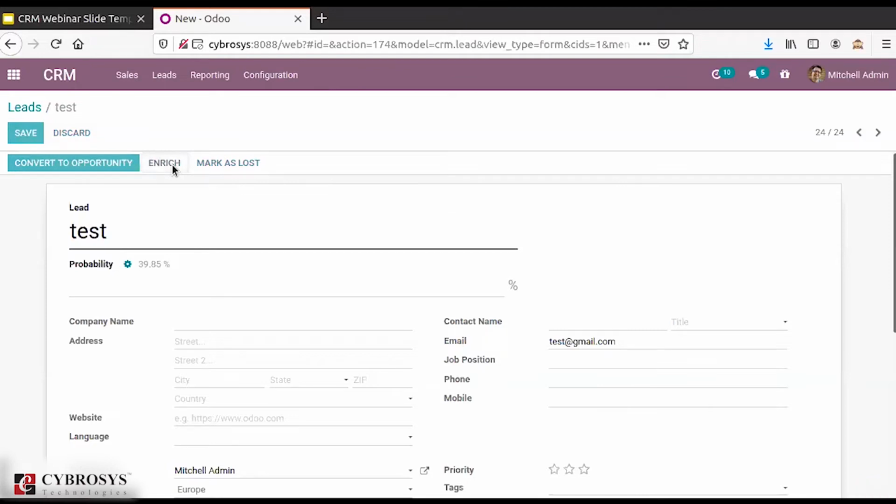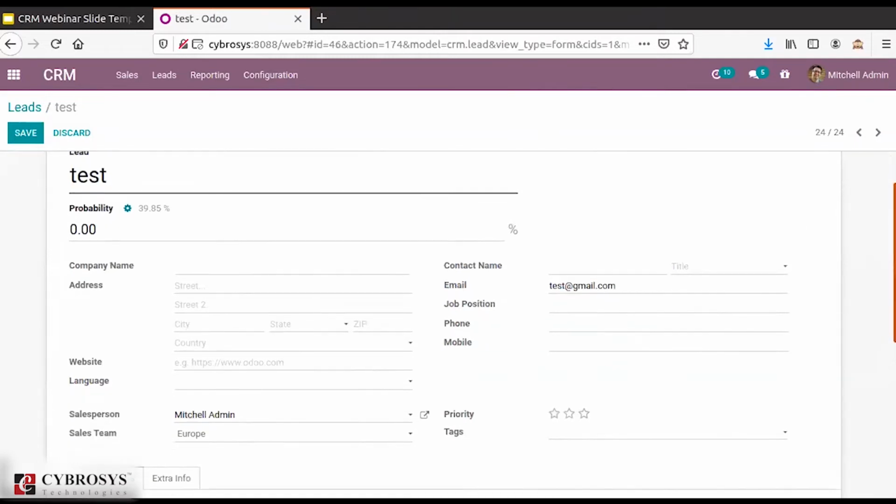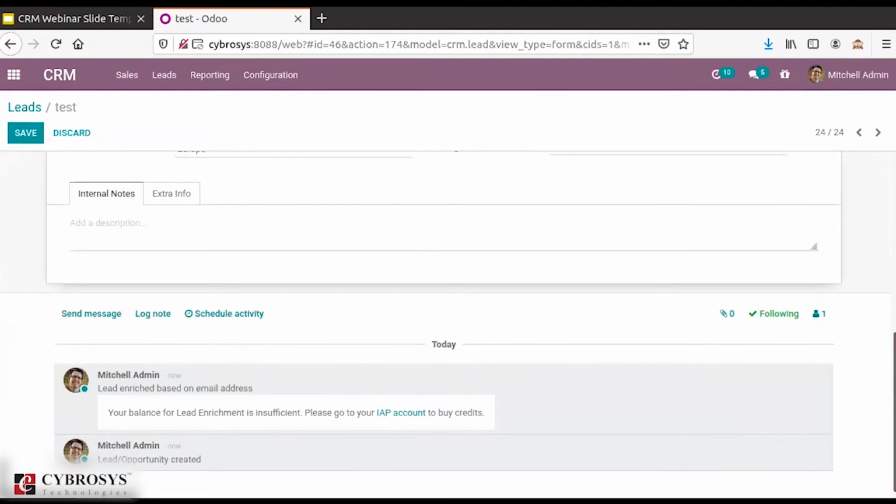When you do so, it will fetch the address as well as the information regarding the company on the basis of the email address that you're providing. But right now, when I come down, it shows that lead enrichment based upon the email address: your balance of lead enrichment is insufficient. So please go to your IAP account to buy the credit.